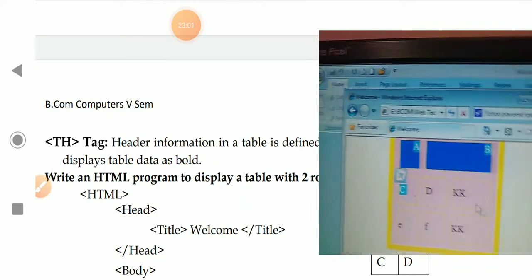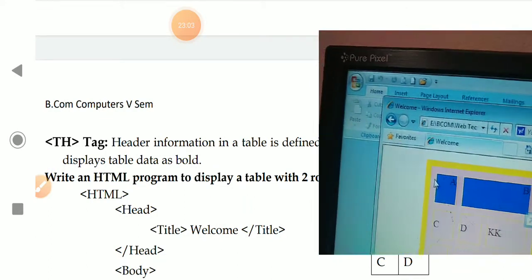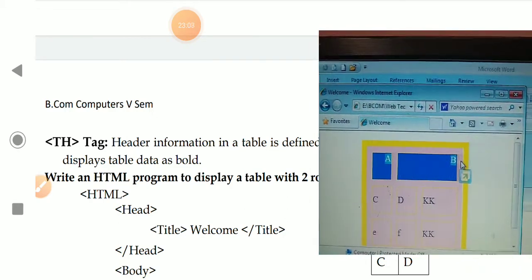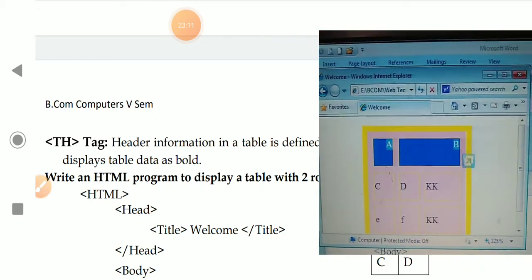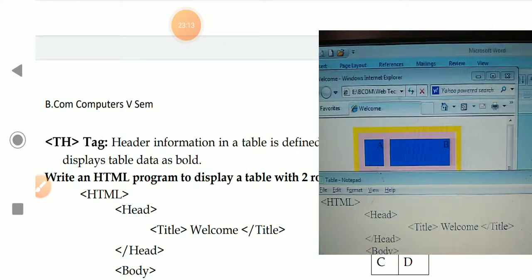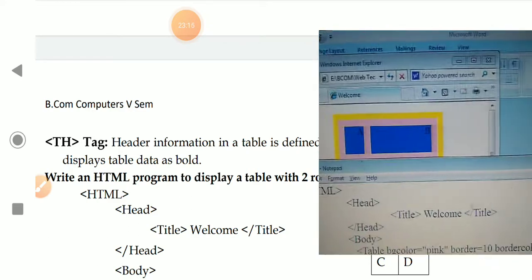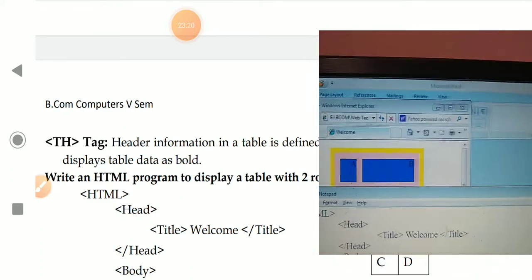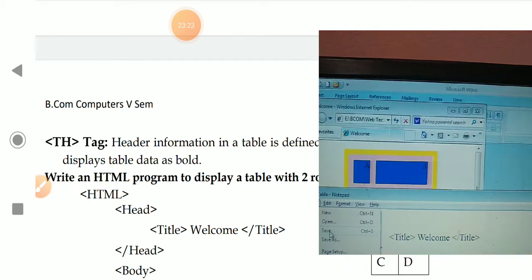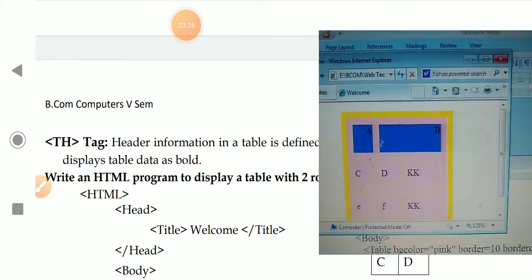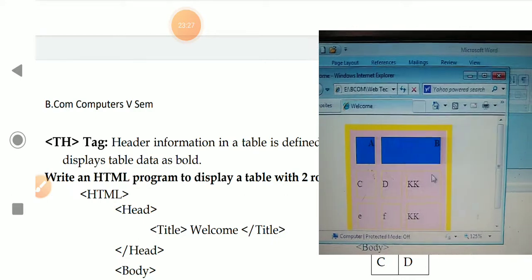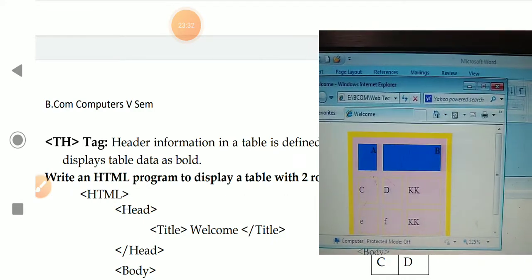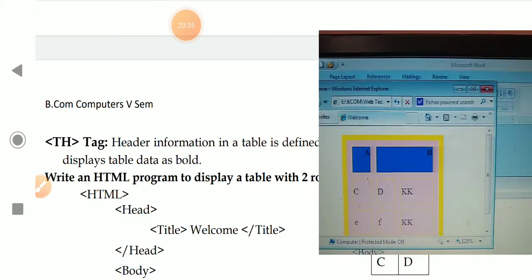Next, the th tag. Sometimes in a table, if you want headings, these headings have to be displayed in bold. At that time, instead of using the td tag, we use a th tag. See, I remove the td tag here and use th. Only instead of td we use th, that's all. It is used only for the table headings, only for the row of those headings. So A, B, sum are displayed in bold. While comparing to this one, it is bold. That is the difference. So these are the attributes and properties of the table tag.